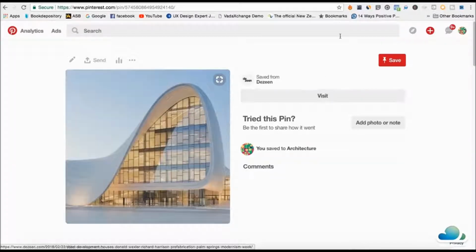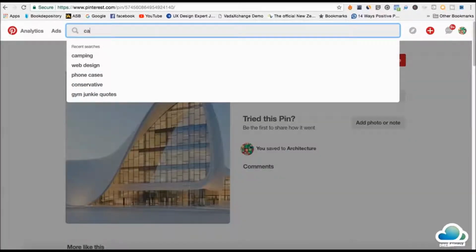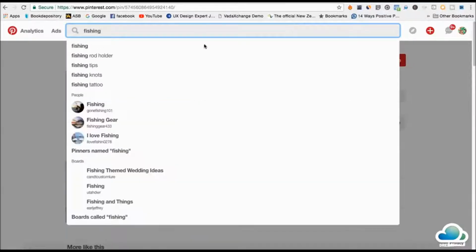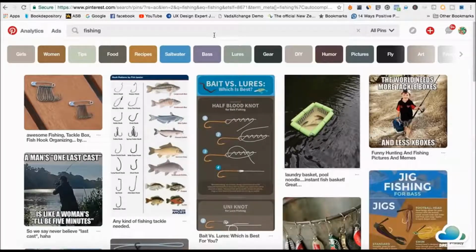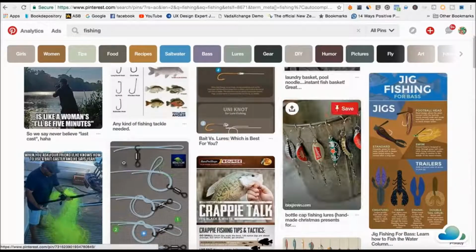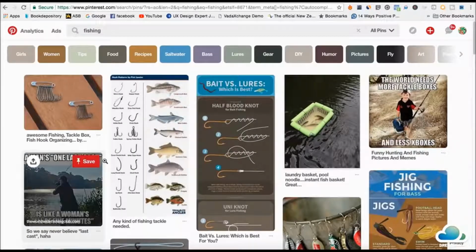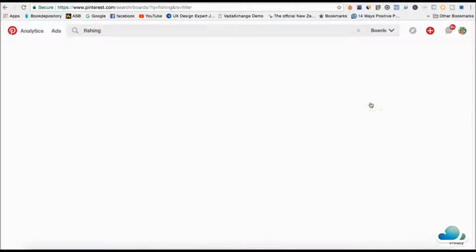So I'll just go over it again. First thing you do is you come in here and search up. Let's try one more thing, fishing. So I'm going to start fishing here, and this can work on any niche. So what I'll do is I'll go and pin about 20 of these pins or these images, just to make it look legit, make a board about fishing and just make it look legit, 20 of these. Then what I'll do is go into the boards right here,